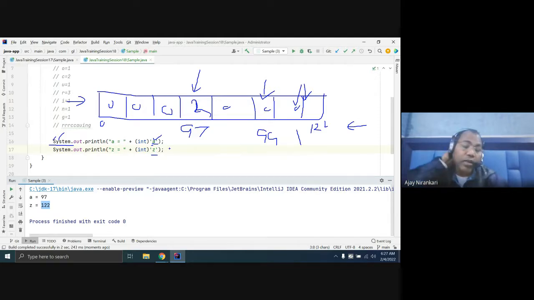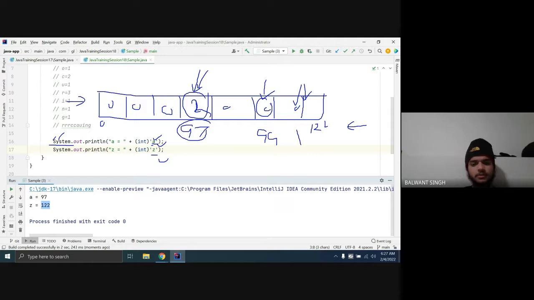This is the index number, and at this index number you can just add the number of occurrences. Is it clear till now? How do you find the occurrence of each character? Assume each character has one unique number. Unique number means ASCII value. So at that index position, I am going to increment the value. Right? Yes, sir.